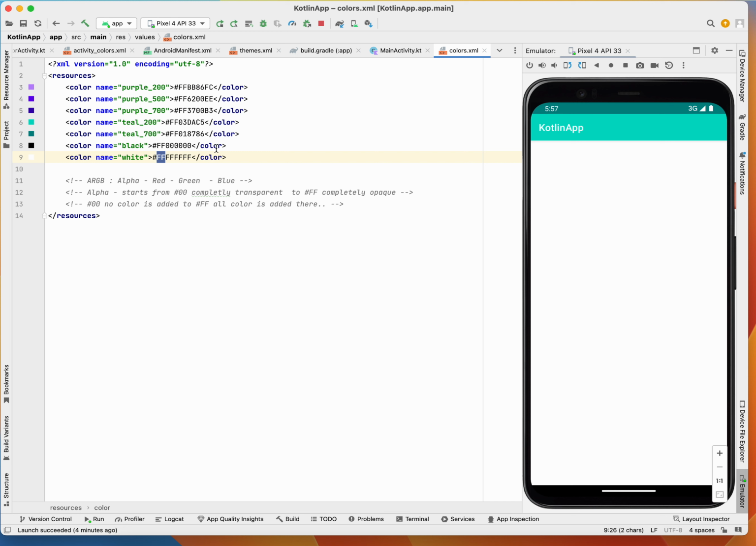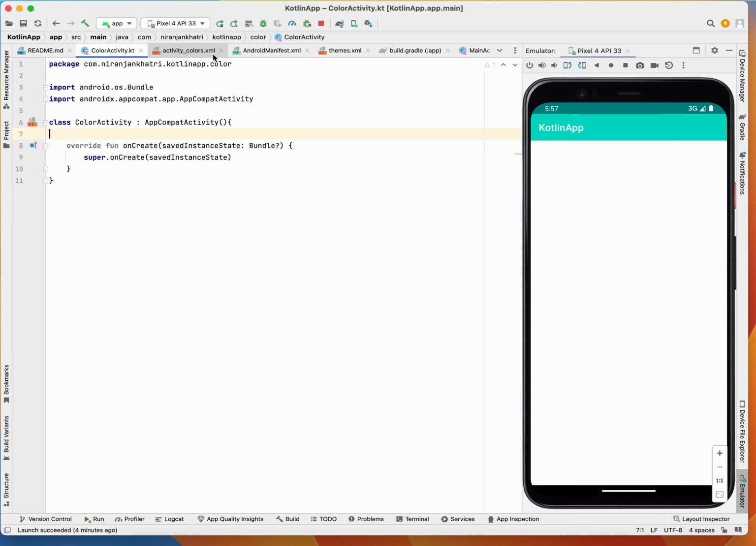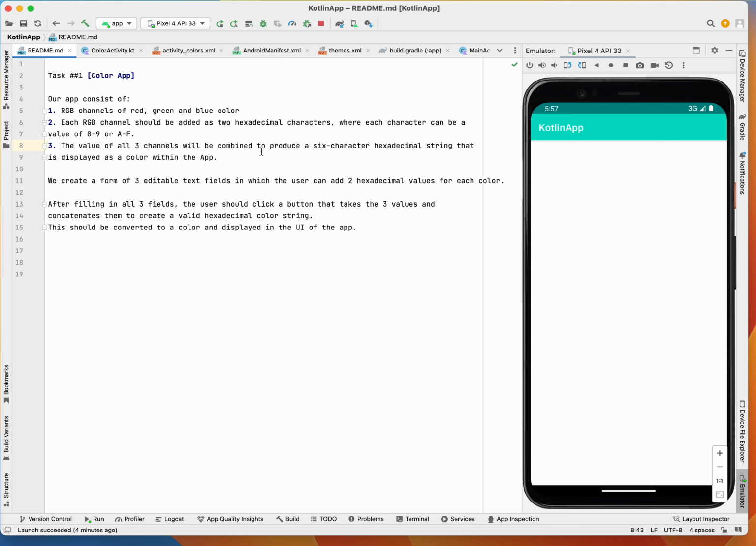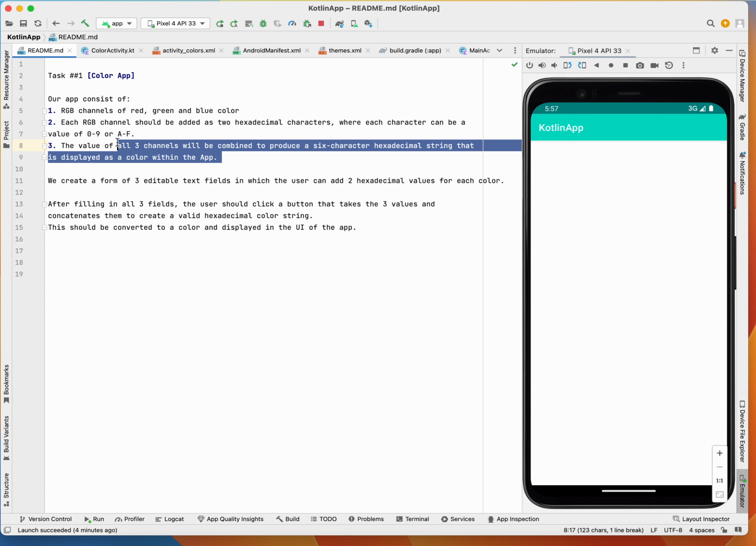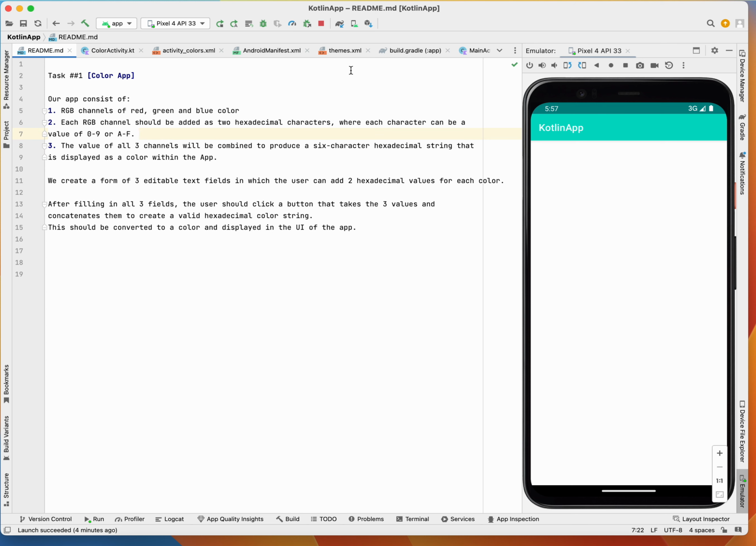Okay, let's just remove the alpha, so it will be pretty much like this one, without the alpha. And yeah, we have to display the color in the app. Okay, so this is our main motivation of